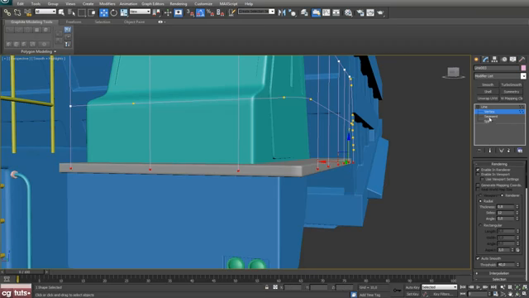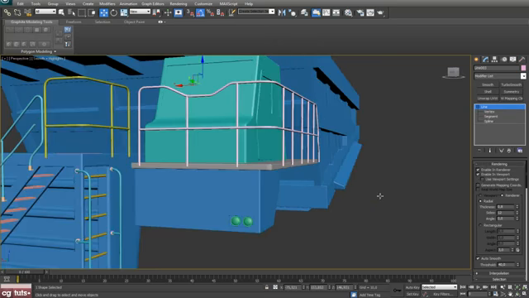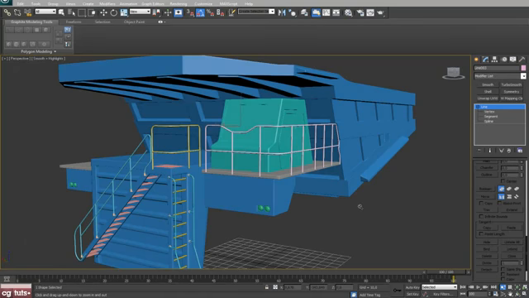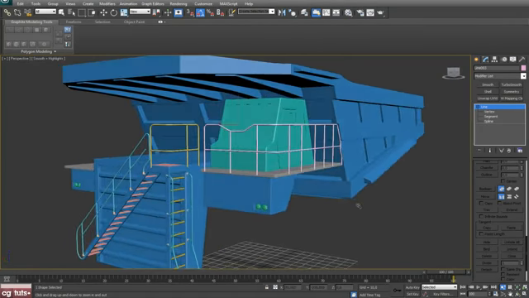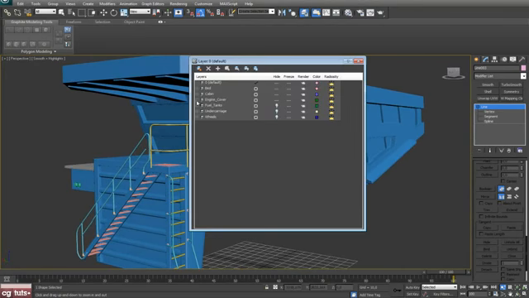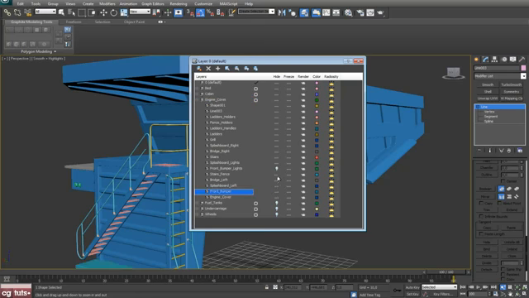Something like that. Okay, that looks good. And now go to manage layers and unhide front bumper,